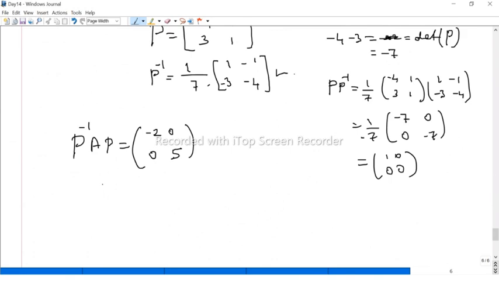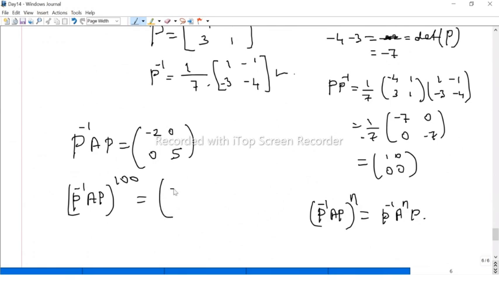Now raise the power 100 on both sides. I already said that (P inverse AP) raised to any power n is nothing but P inverse A^n P. The power comes only in the middle of the matrix. So now raise the power 100, so you get (P inverse AP)^100